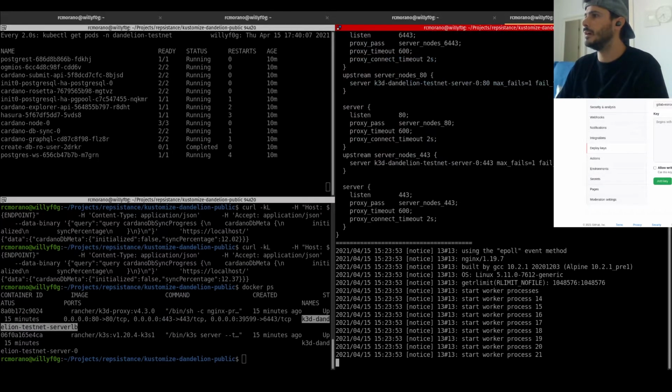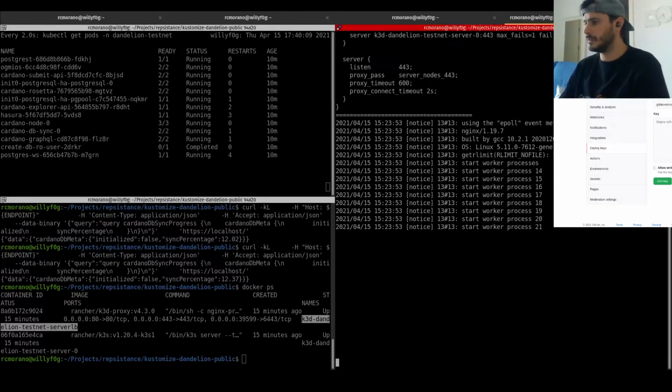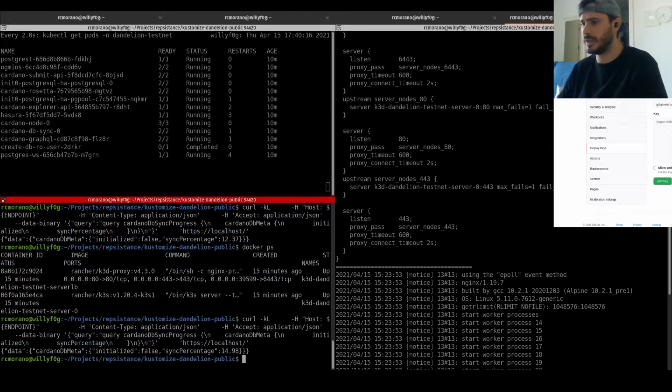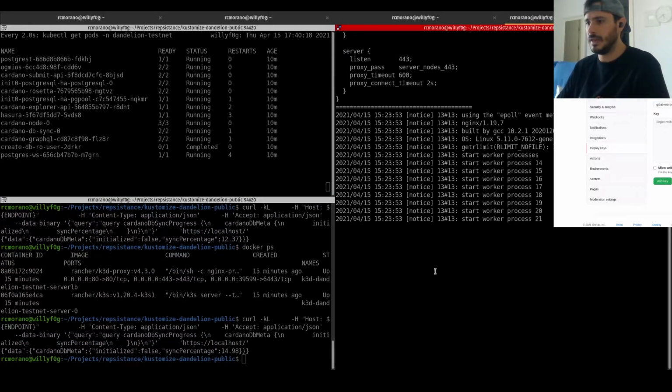Server load balancer. So there are no logs here, but it's this Nginx that is receiving the connection. Cool. And then it's forwarding the connection